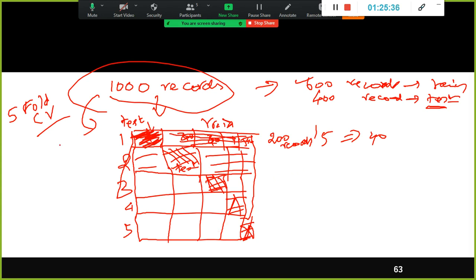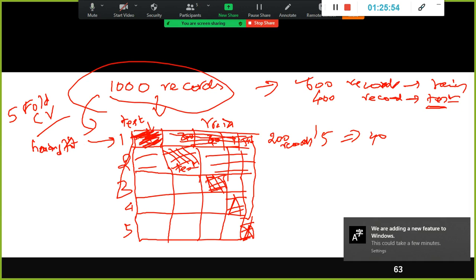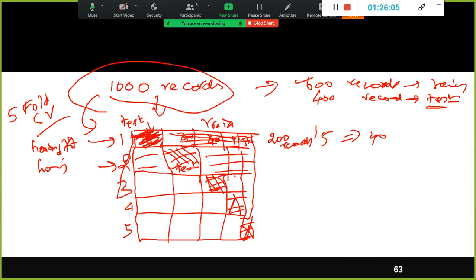Right? So what I do is I take the same model, housing dot fit. I train this model using this training data set and then apply this trained model on this test data set. And similarly the same model, housing dot fit. So 5 iterations. We are running this model in 5 iterations. For each iteration, the training and test data set are different, right? Training and test data set differs or not? Yes, different. For this fold, this is the training data set and this is the test data set.